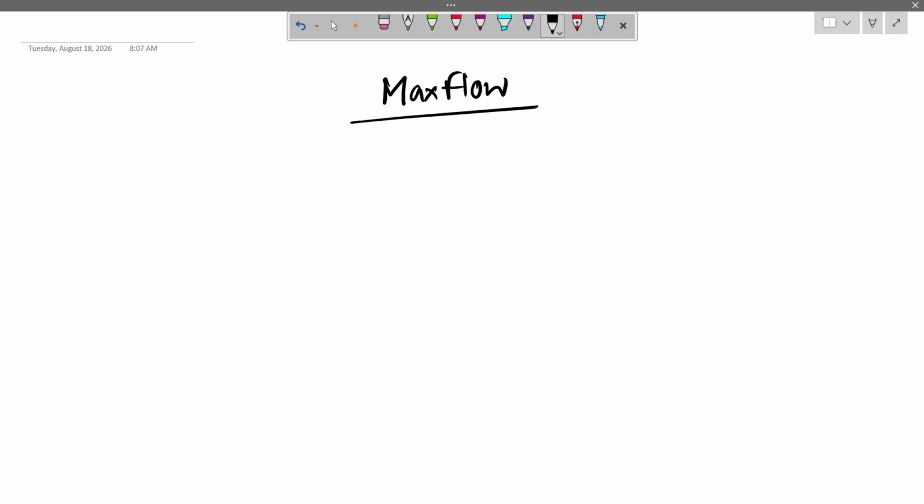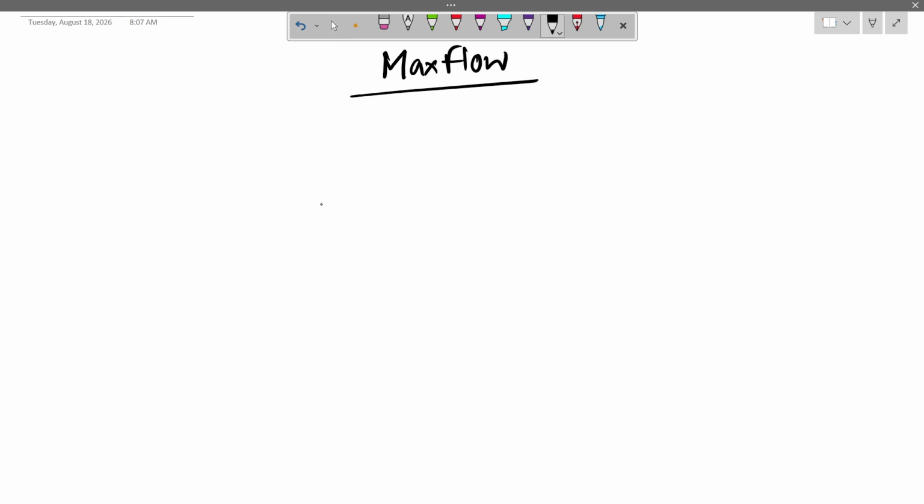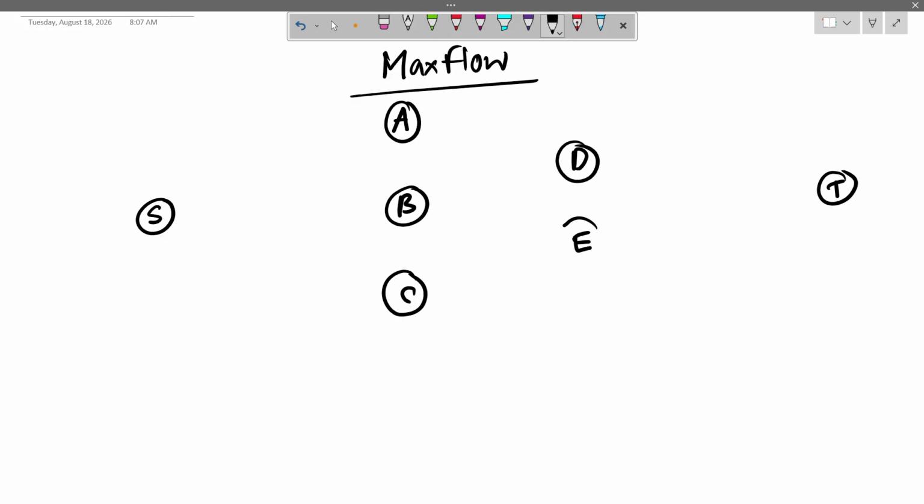Okay, so to understand MaxFlow, we should draw a graph like the source to the sink. Okay, so here the main goal is to transport goods or elements from the source to the sink, and here in between many nodes or vertices are present like this, and our goal is to send the maximum amount of products or goods via these